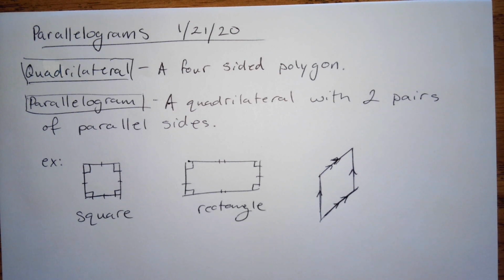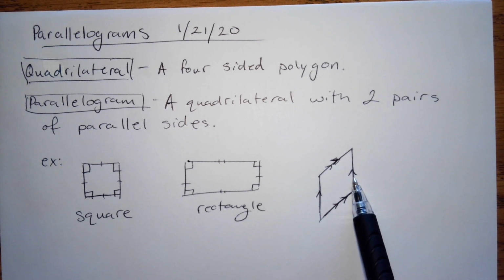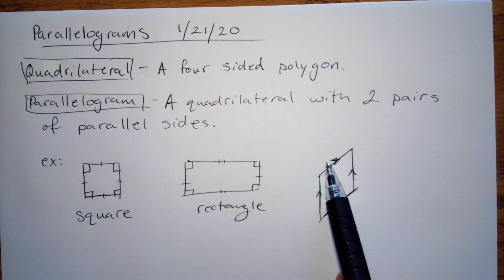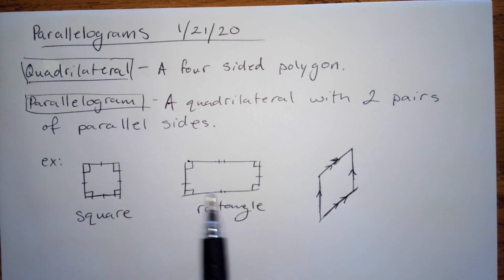Yeah, we're not going to call this anything specific because we didn't necessarily make all of the sides congruent, but that's the normal parallelogram that we're going to deal with. I'm going to tilt it to the right a little bit, but the first property of a parallelogram is that the opposite sides are congruent. So this is congruent to this and it's parallel. This is congruent to this and it's parallel. And that already happens for these parallelograms as well, the square and the rectangle. So I'm going to say